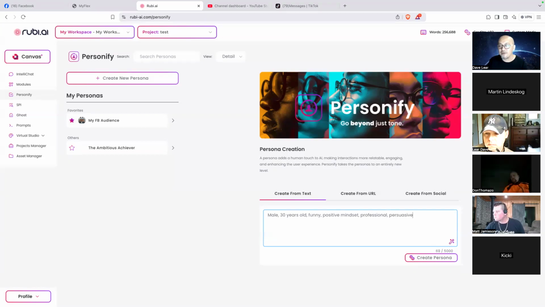Just put in everything you want your chatbot to look like. Gentle. All right, anything you want there, and when you click create persona, the categories or classification that you put in, your chatbot will adapt to this. So every time, let's just create.